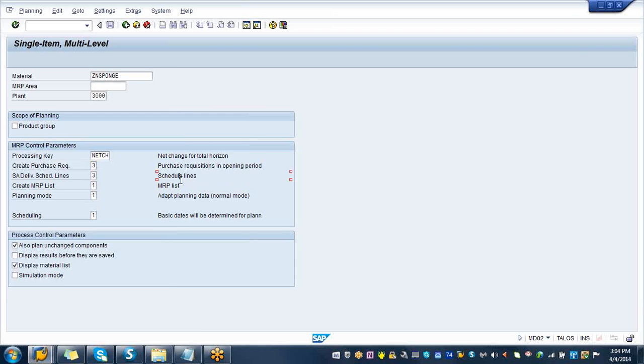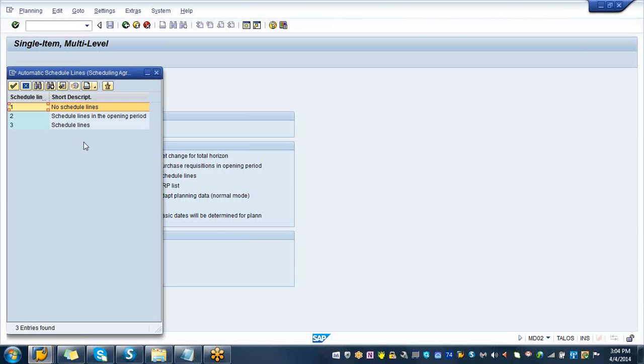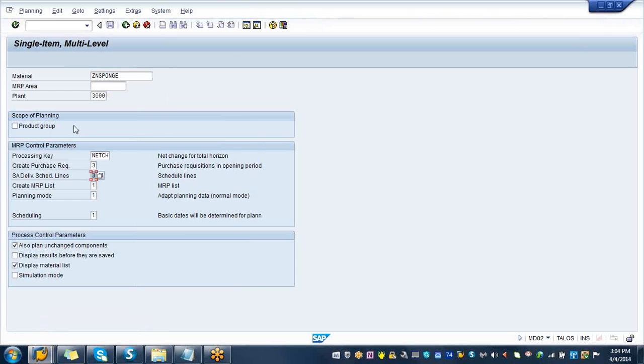Then schedule lines, we want to know when to make it, and schedule lines is number 3. Meaning of number 3 is schedule lines. Then create MRP list, that is good. Planning mode, let us go and see the planning mode. Go to the drop down and let's see what we have here. The options are